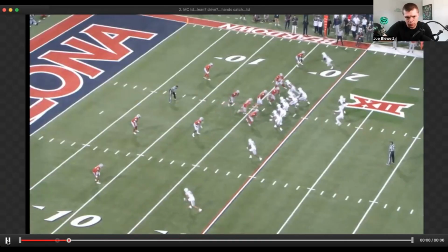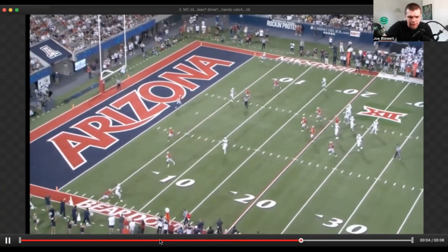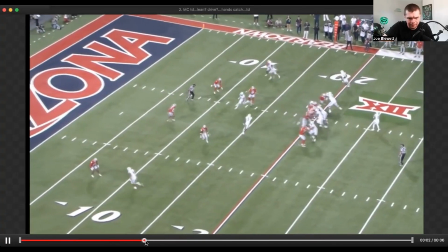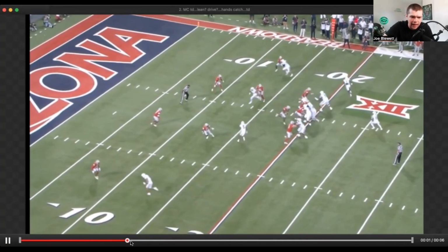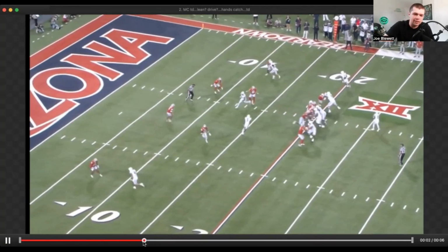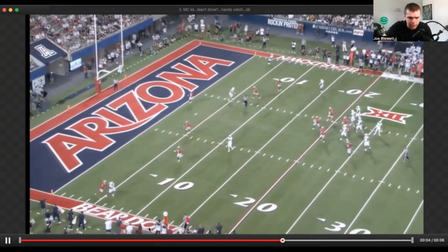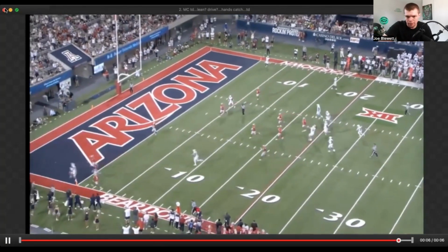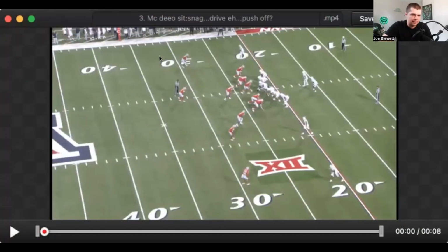So two early touchdowns in this game. Again, want more from the drive phase. Do his shoulders come up early? His shoulders come up pretty early too. Like right now, you're selling it more with your head down. When your shoulders come up like this, you're tipping the DB off to, hey, break is coming. Then you lean into it. There's a lot of tip offs right there to a good DB. Again, gets away with it at this level, but at the NFL level, unless you're playing a bad DB, probably not a